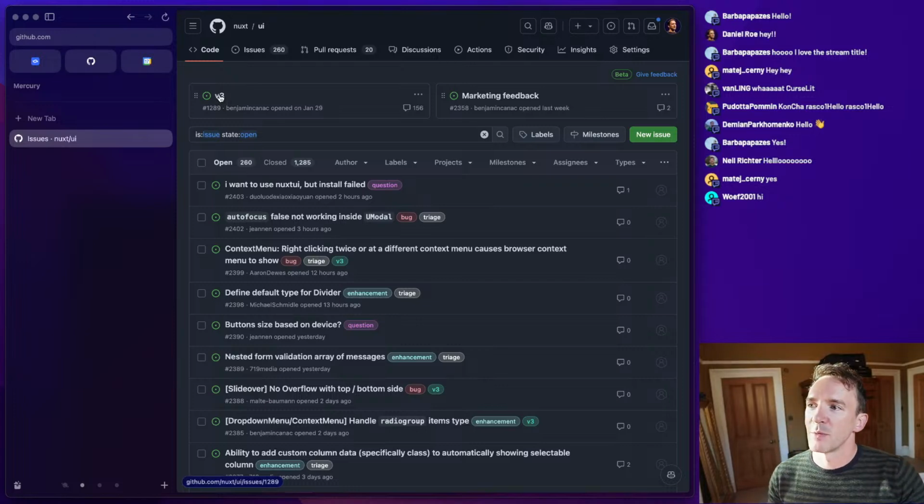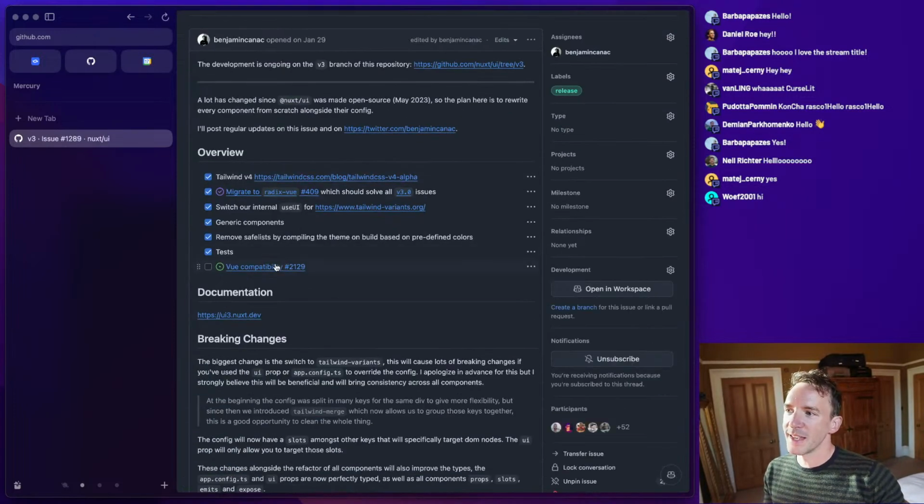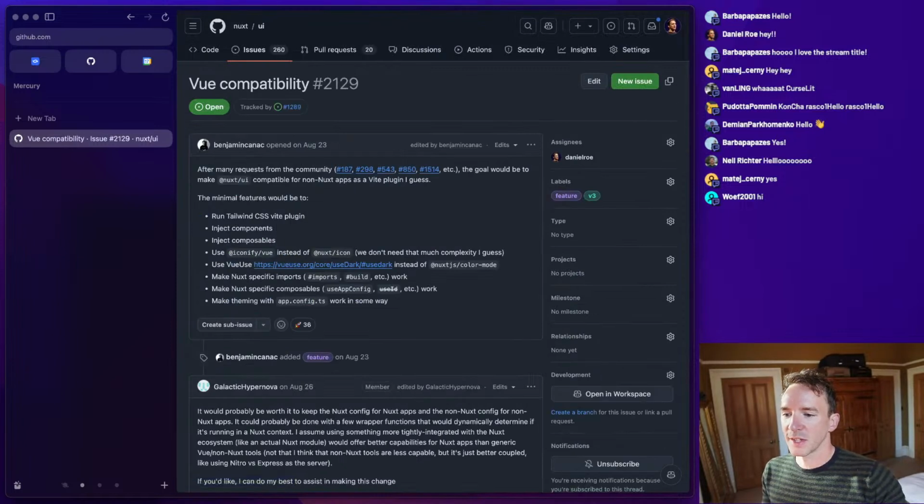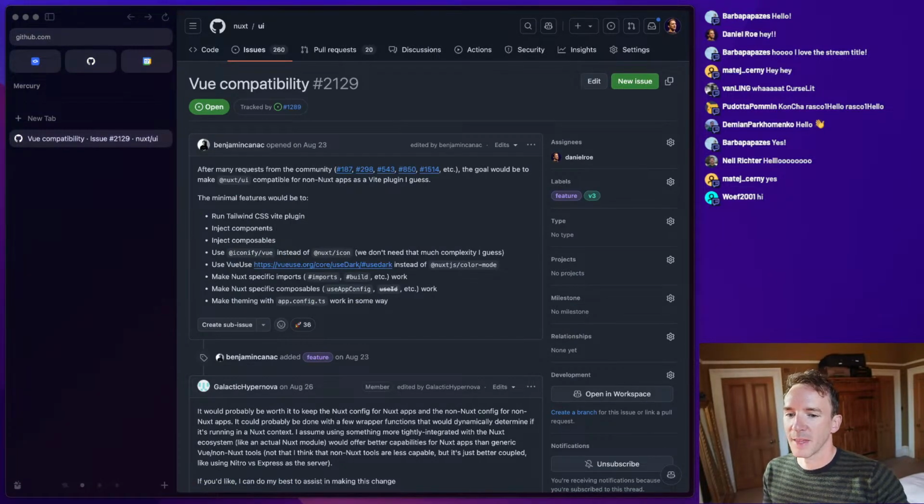One of the things that Benjamin wants to do for version 3 is make it compatible so it can be used with just Vue. Honestly, I'm not sure how I feel about that, but that's what we're gonna do.